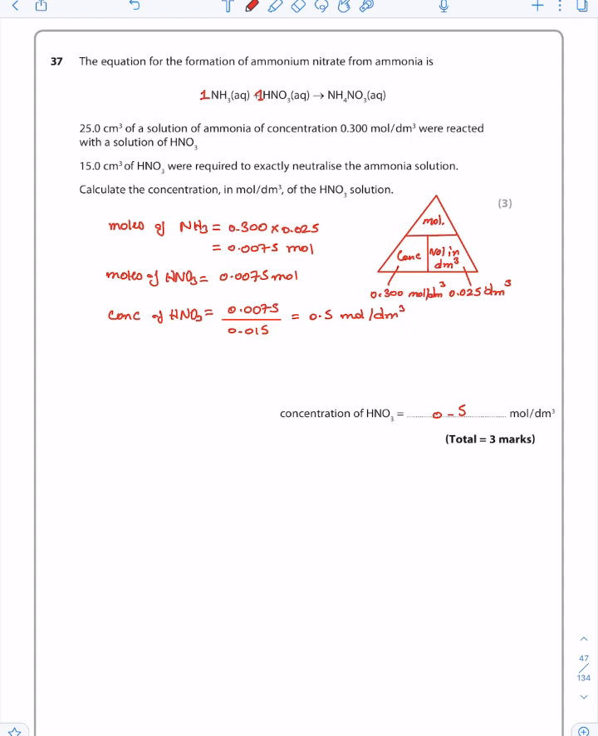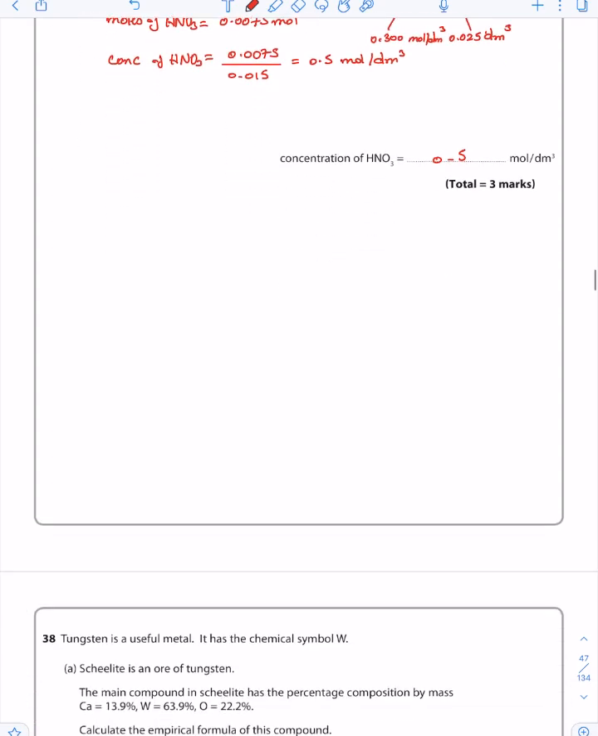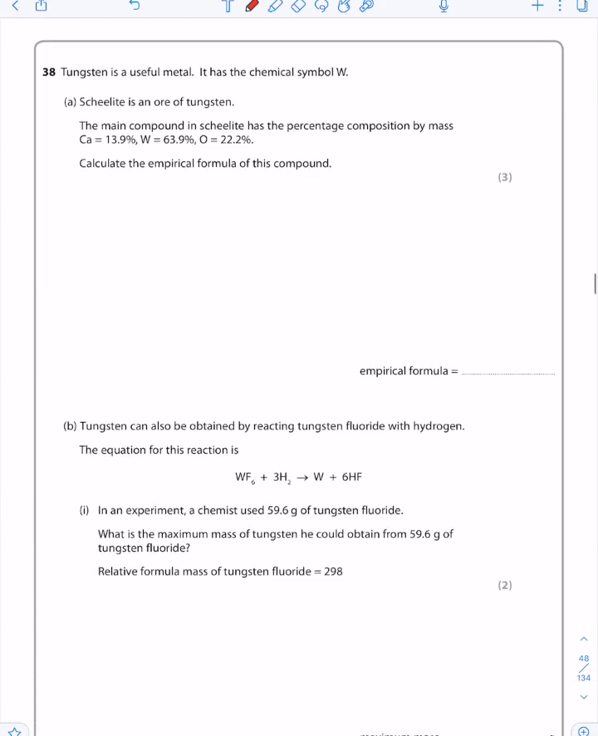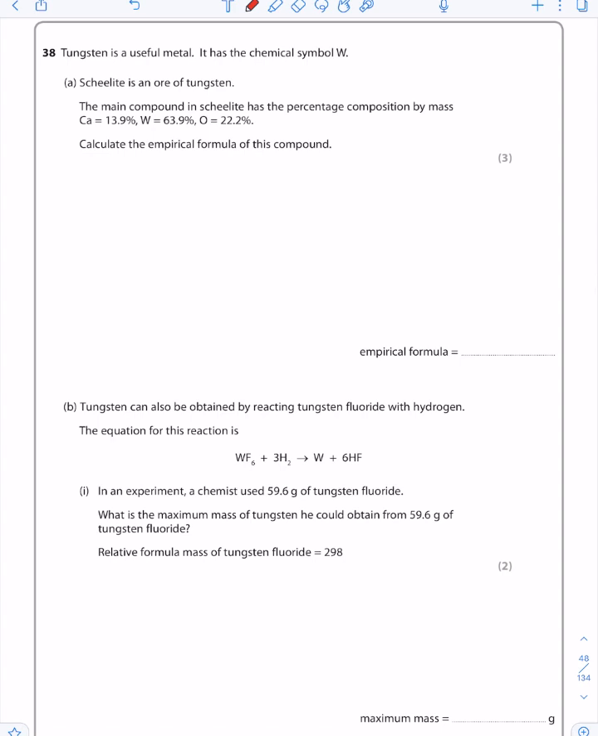Question 38. Tungsten is useful metal. It has a chemical symbol W. Scheelite is an ore of tungsten. The main compound of scheelite has the percentage composition by mass: calcium 13.9,